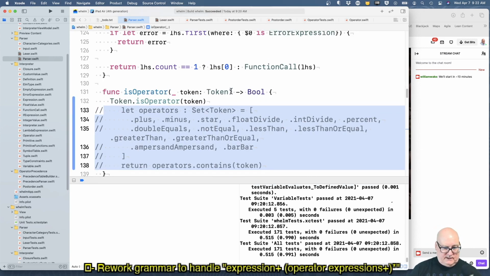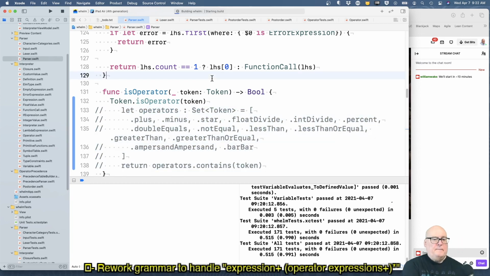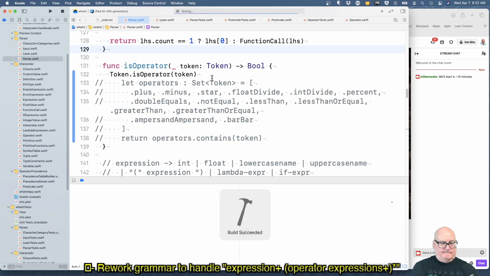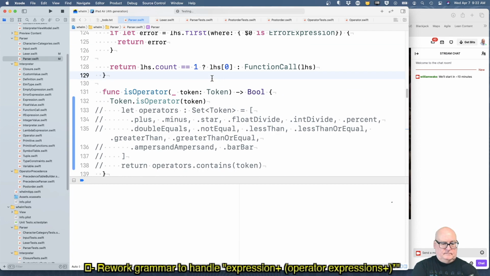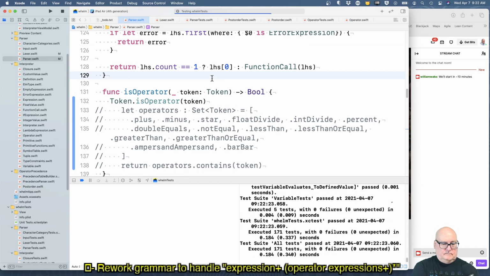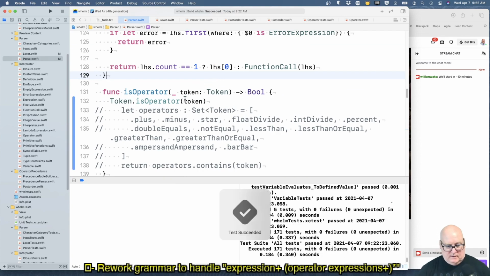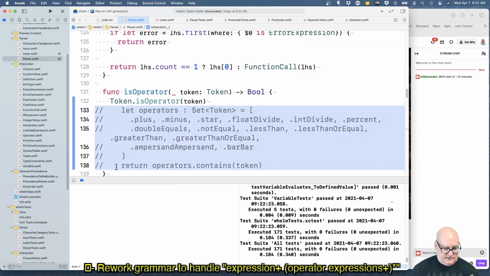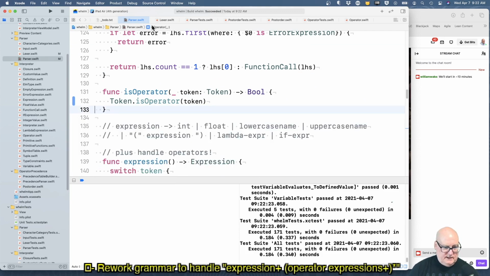See if we've done a successful move. Good. All right. So that takes care of that.